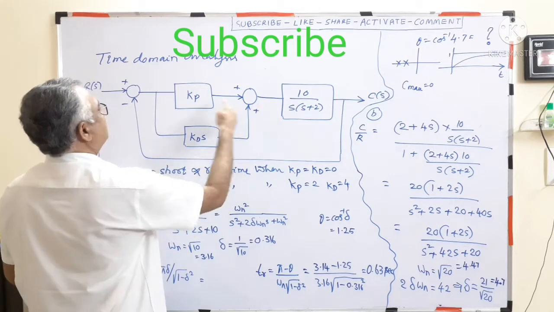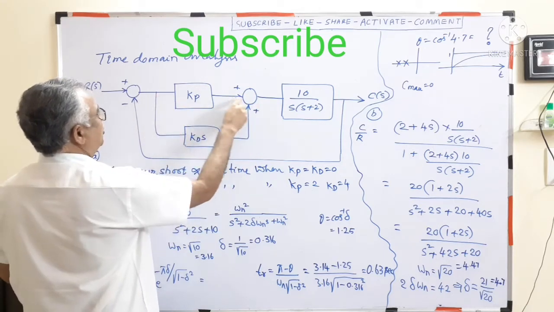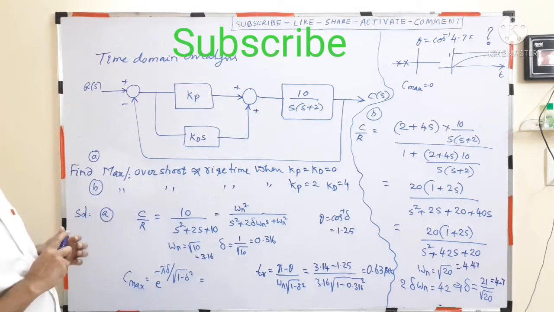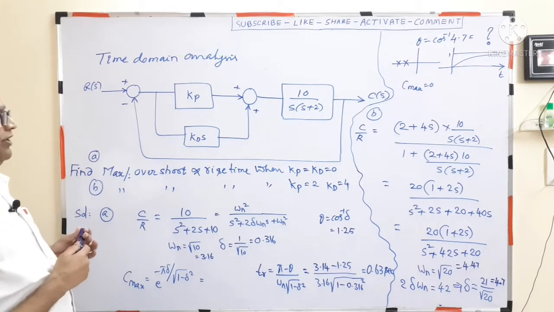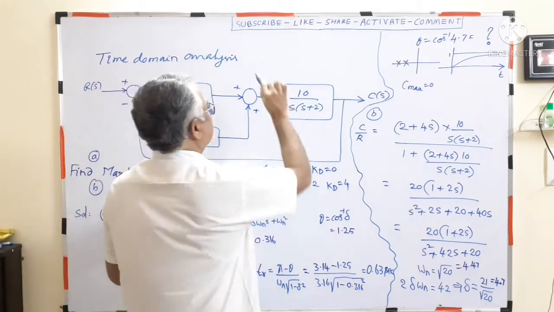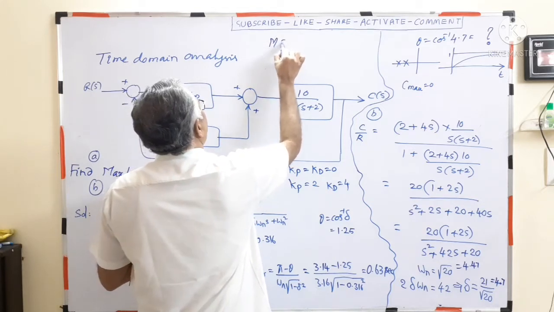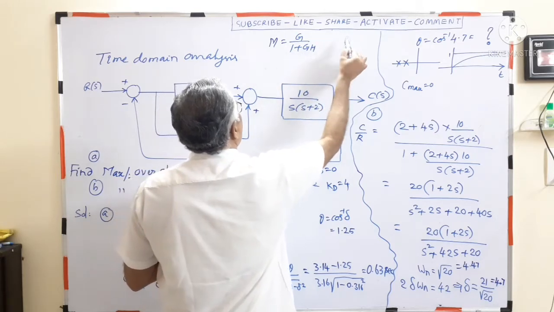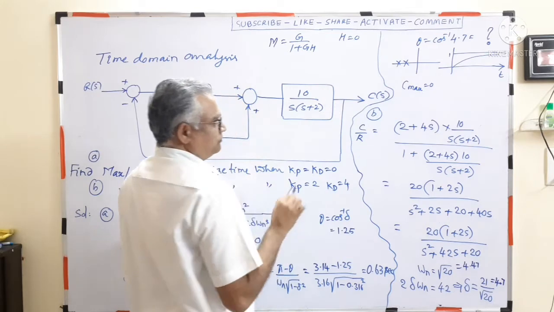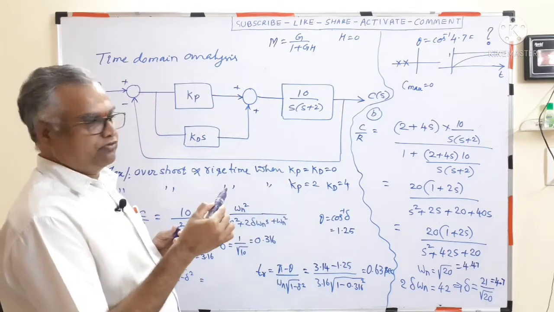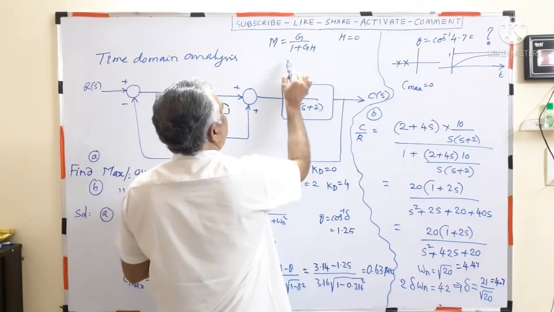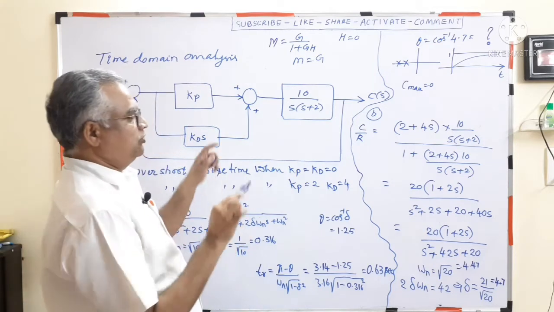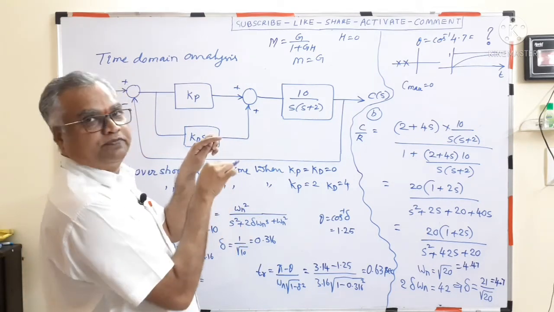So this gain of 1 is short, 1 plus 1, 2. Not like that. See, in the feedback, when h equal to 0, what is the overall transfer function? M equal to G by 1 plus GH. Feedback not there means h equal to 0. When h equal to 0, you get M is equal to G only. So don't think h equal to 0 means it is shorted.